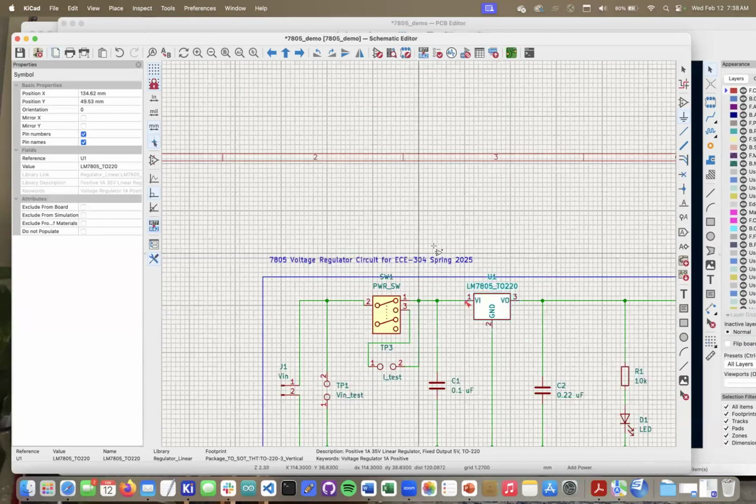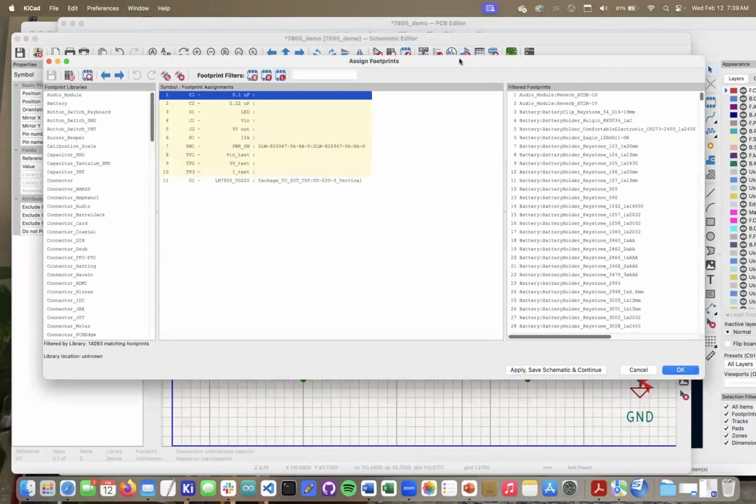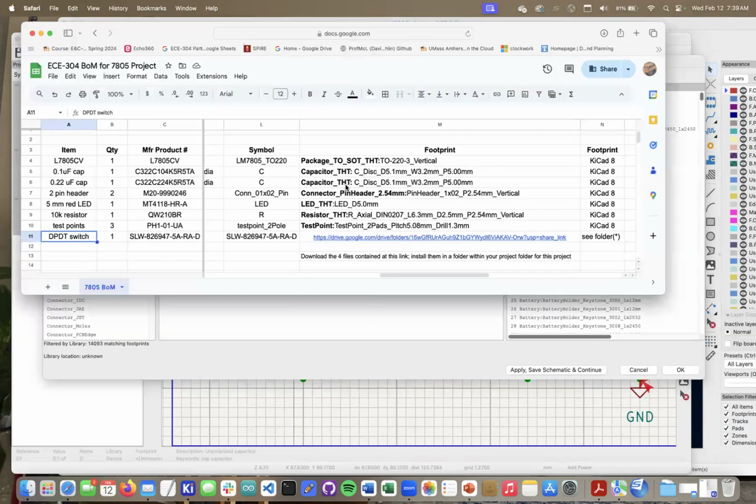We have the schematic designed like this, but what we have to do now is pick the footprints for all of our components. And so that's going to be this symbol up here, where you see we're going from our component picker symbol here to a symbol that looks like an integrated circuit chip. And we have to assign footprints to all the components. This is another key step. It's a detail kind of step, but let's start out with the capacitors. I'm going to call up that spreadsheet again,